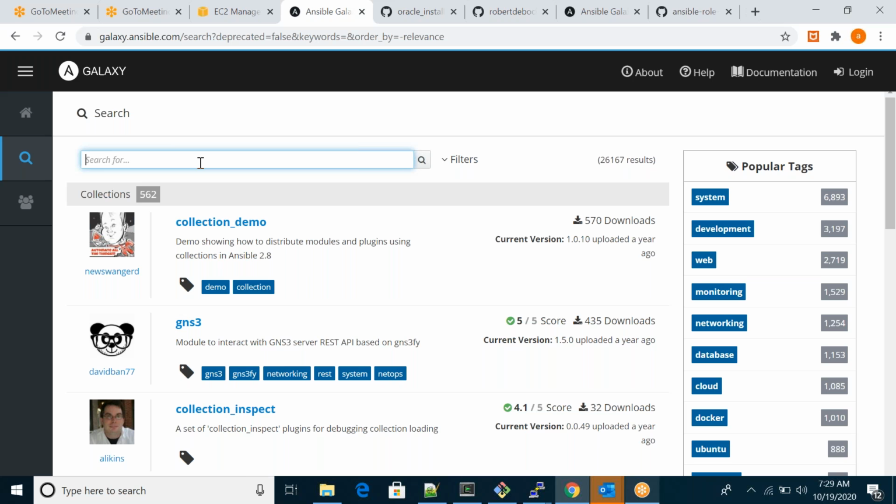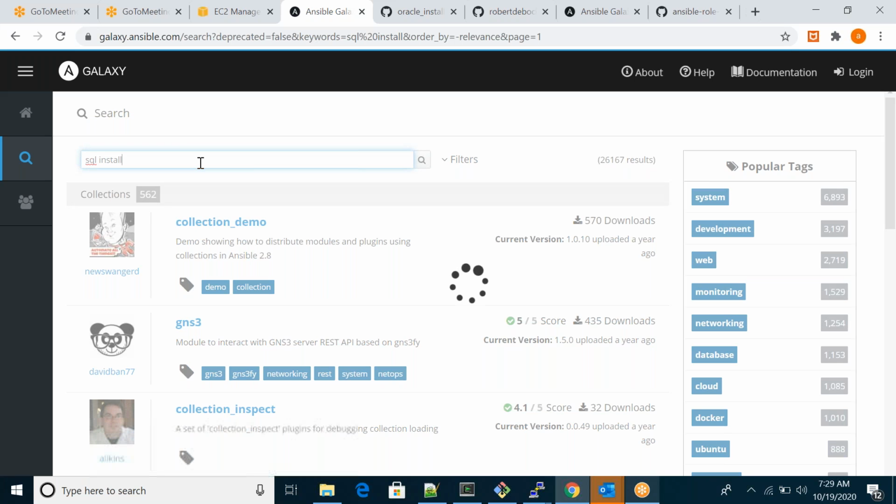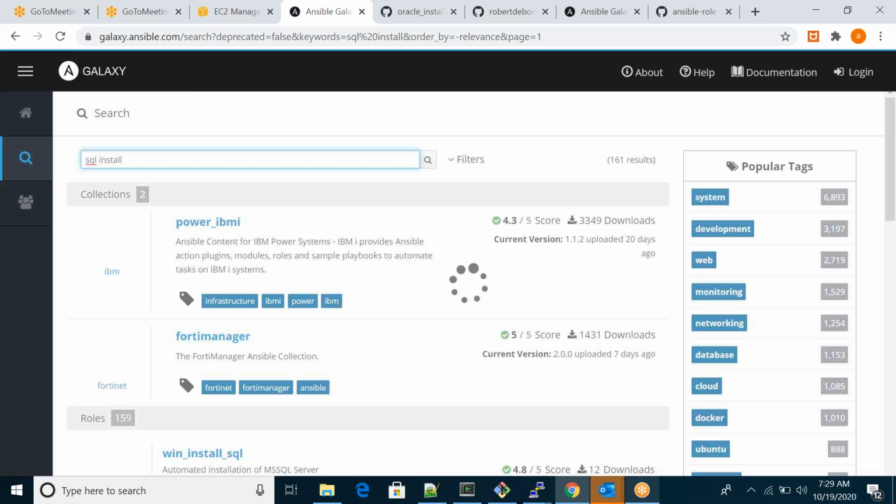Sometimes you may not get some unfamous ones, but for all famous databases and famous applications you will get the playbooks, no doubt on that. So search for SQL install, and you'll get so many playbooks for SQL install. So many roles, you can choose whatever you require, and you can edit and modify it.